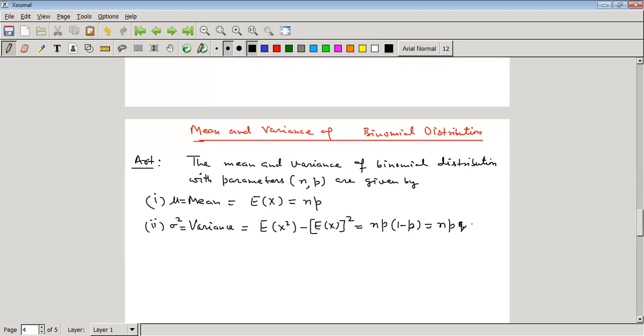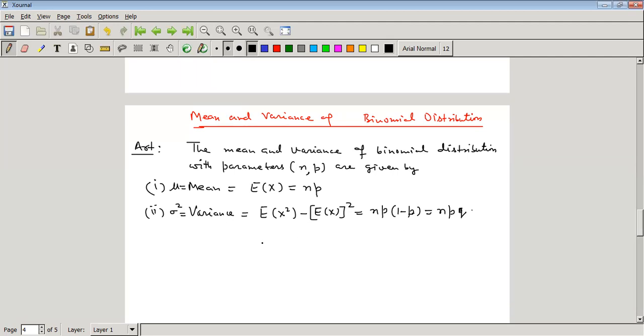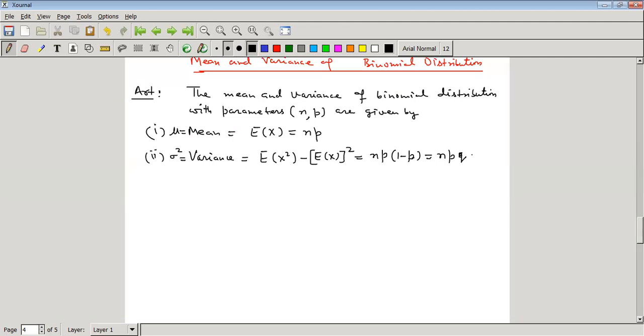So mean of a binomial distribution is np, and variance is equal to npq. We have to prove this. We know by definition, mean mu is equal to expectation of x, that is equal to summation